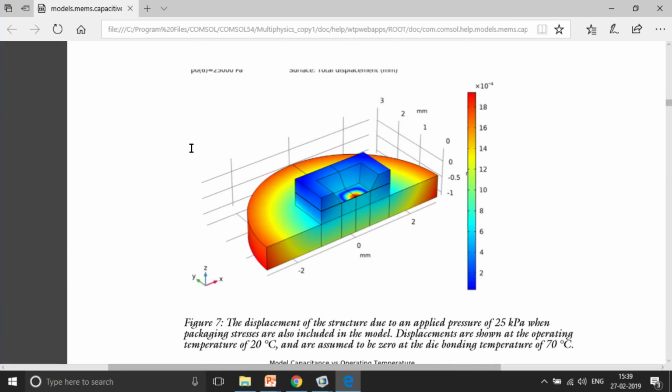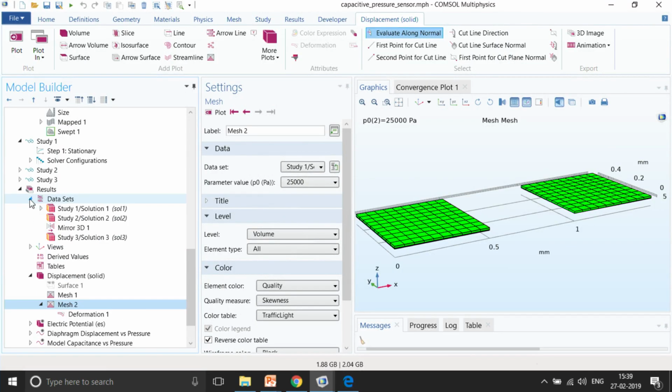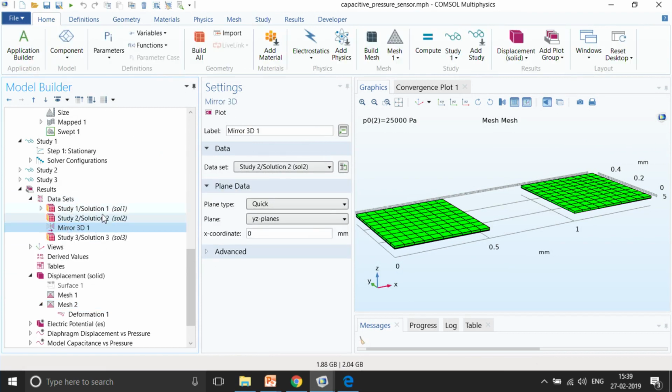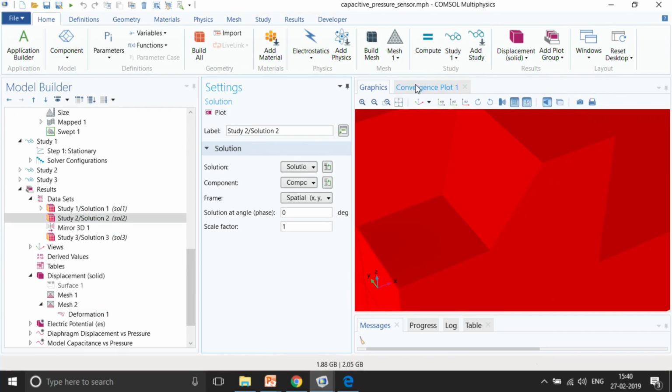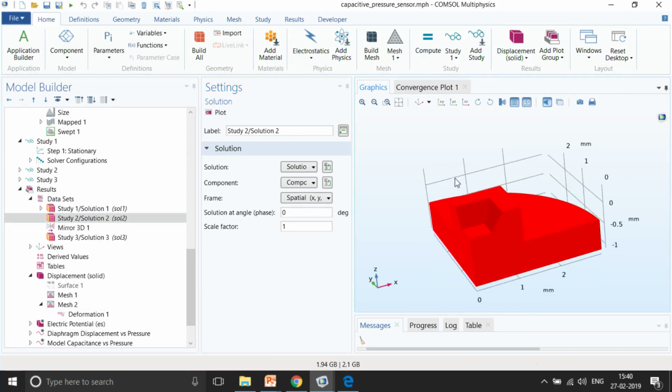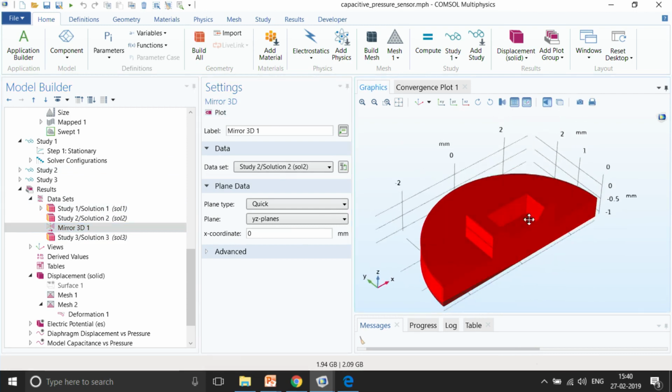So the complete simulation. Now I have done it only for the quarter part, but if you want to simulate the other part or the complete structure, you can also mirror the data set. To mirror the data set, you can just go to data set and use 3D mirrors. So if this is my actual geometry that you can see over here, I can use the mirror to make it half of the geometry.